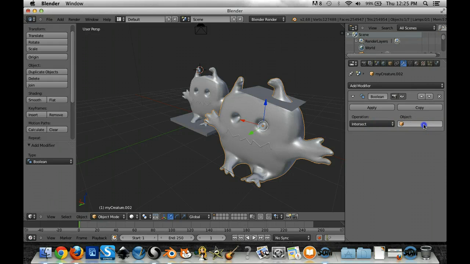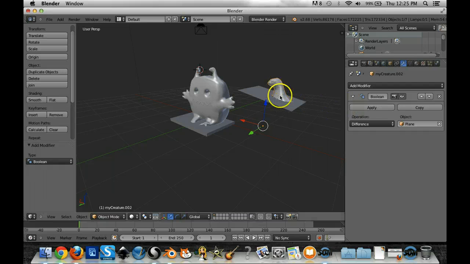Now, what this does is it allows two objects to interact with each other. So for the object, I'm going to select the plane. That's the one that I just added. Sometimes it takes a minute because it's doing some processing. Notice that it cut off the horn rather than the opposite. That's because my operation is intersect, but if I change the operation to difference, you will see the difference. So now you will see that it's done what I wanted. I want just the horn by itself. If I hit apply,